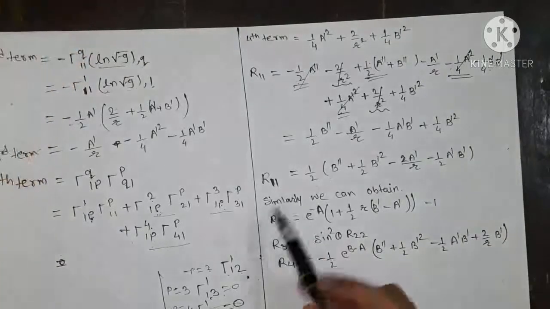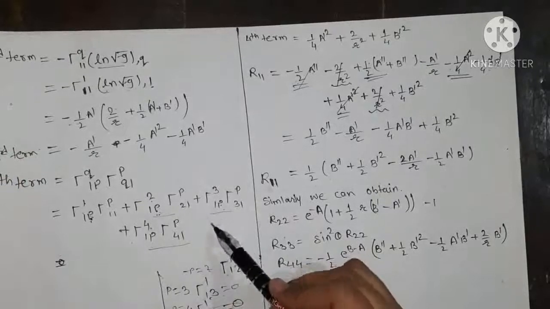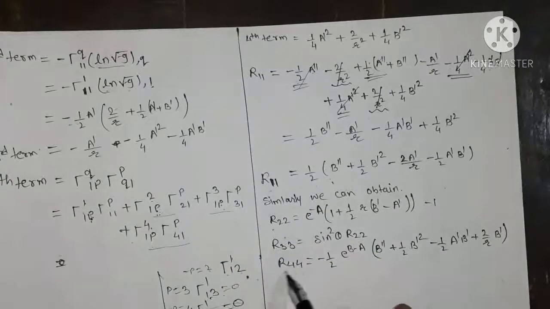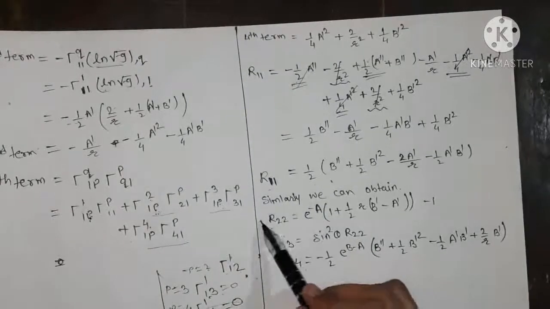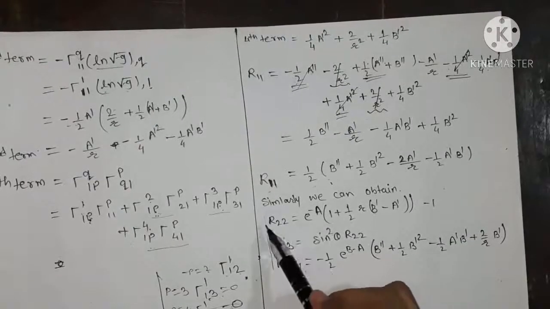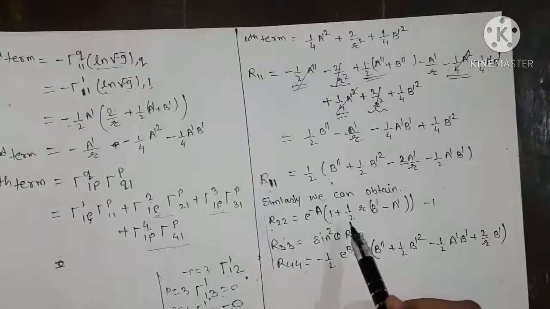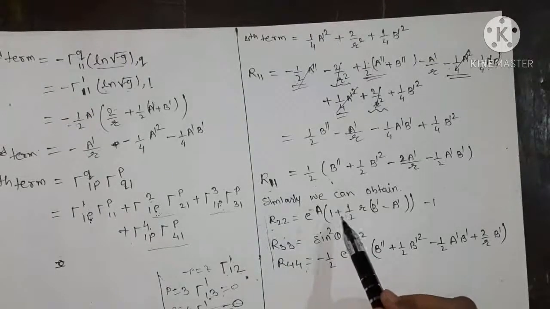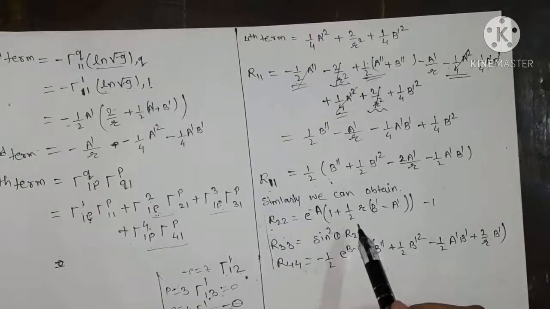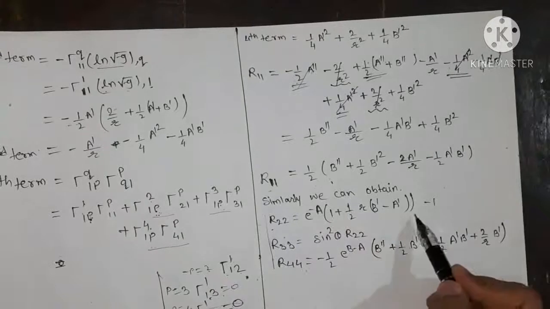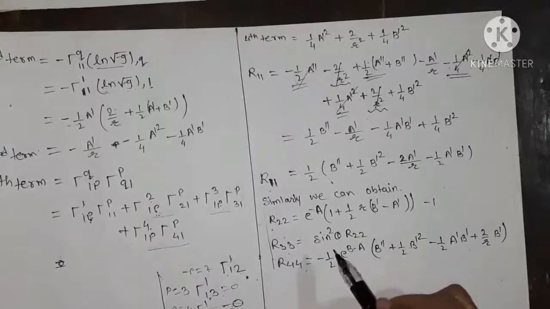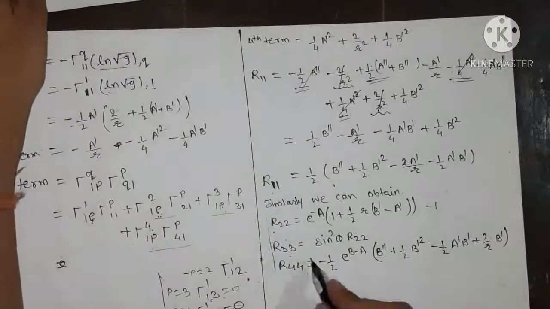As I have computed R11, you can similarly compute R22, R33 and R44, and also you have to remember all this to save the time of computation. You have to remember these directly, and also try by yourself to check whether the values are similar to what I have written or not. So compute yourself how the values of R22, R33 and R44 are computed, and then we solve the field equation.